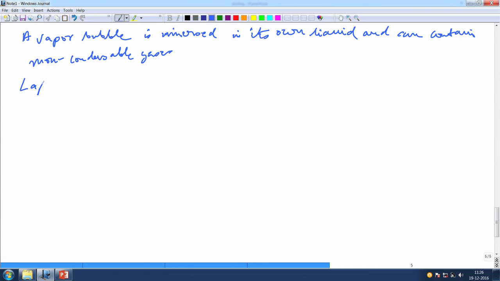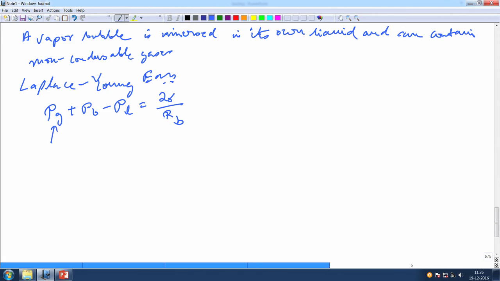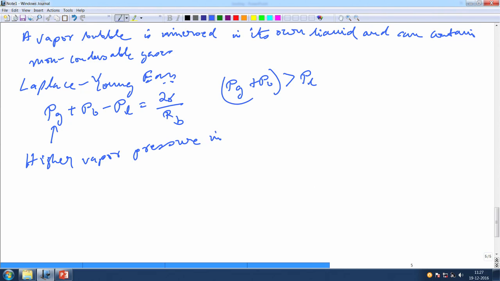So, we write the Laplace-Young equation, and this can contain condensable gases. So, that is why you have retained this term Pg over there, right. So, it can have non-condensable gases, as we can easily see that Pg plus Pv is greater than Pl, right. So, this essentially implies one and only one thing, that the higher vapor pressure inside the bubble